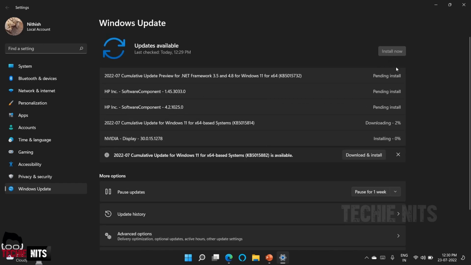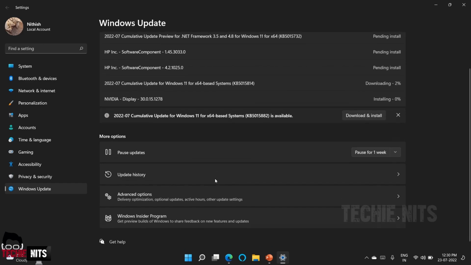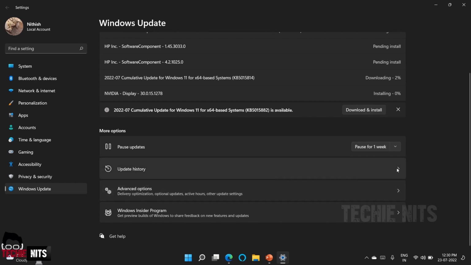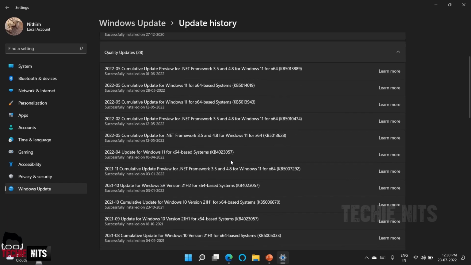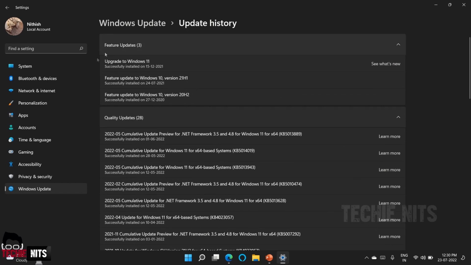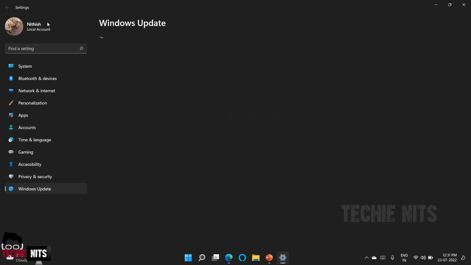So before I go ahead and install, I will show you a few options. So update history will show you what all KBs you have updated, or what all updates have been installed in your machine so far. So in case you face any issues, you can come back here and see. So if you see here, previously I had Windows 10 and I updated to Windows 11 a few months back. So these updates are available here,